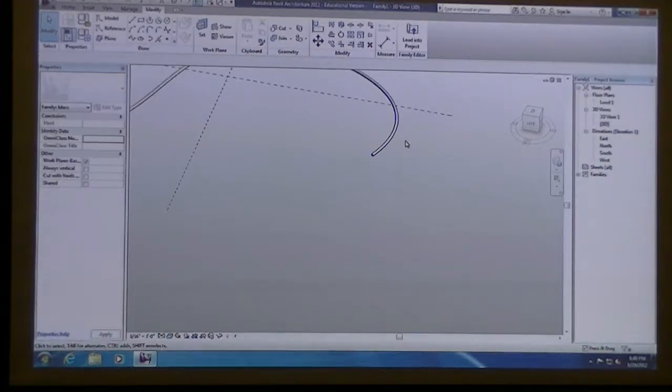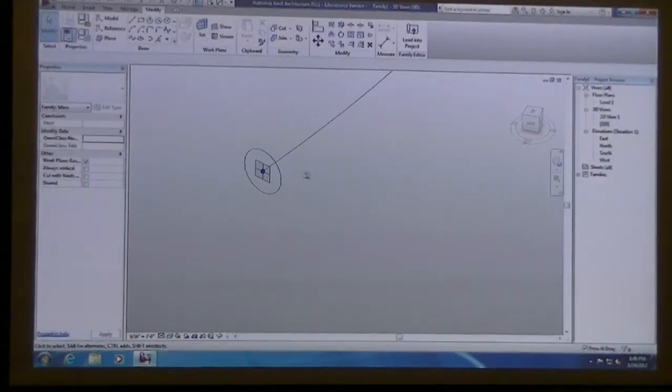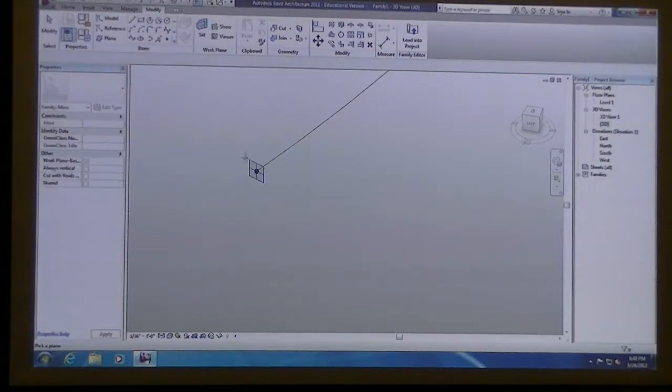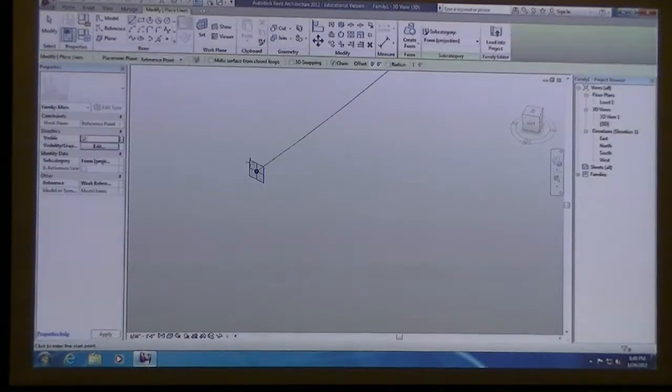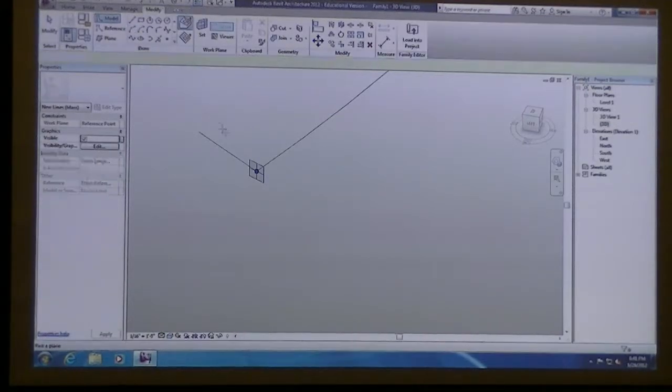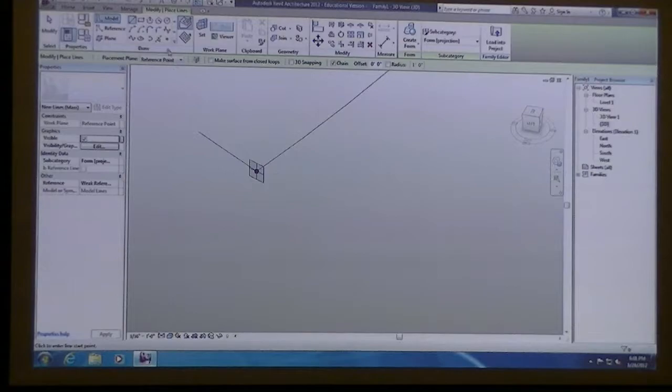So I could also do that with, if I delete the circle, as long as I'm on that plane, I go to placement plane, I'm going to hit pick. I'm going to select the surface normal plane again. And once I do that, in this case, I'll draw, going back to that line, I'm going to draw like a wing, this 3-point curve type thing.